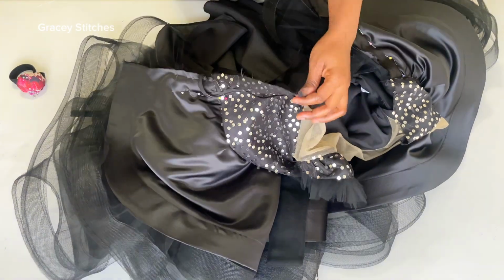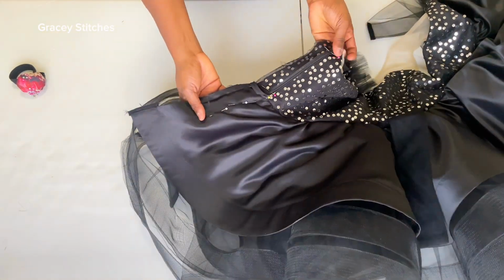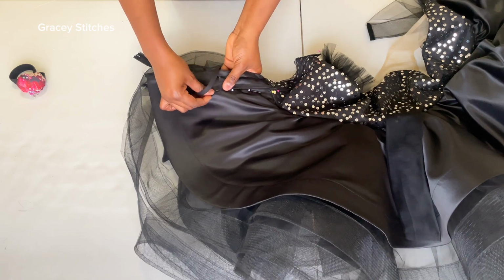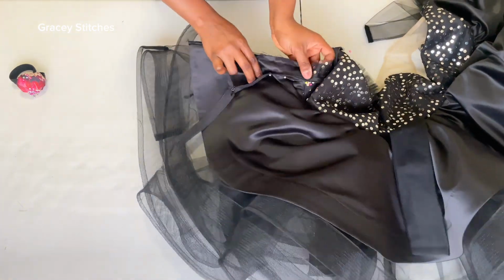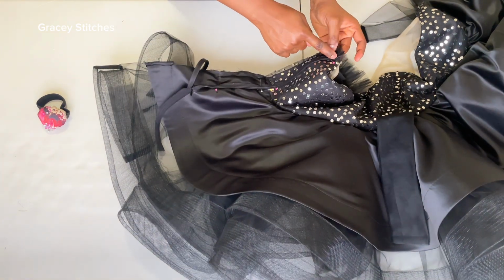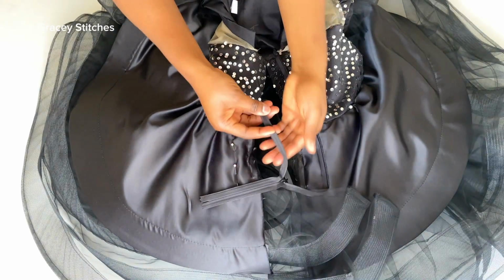So for the bodice, I'm pinning it to the main fabric, and then for this part, I'm pinning it to the 3 layers of tulle. Yeah, I'm pinning it to the 3 layers of tulle and the satin. Okay, so I'll pin it down up to the 4 inch that I marked. So this is it. Now I'll use my zipper foot to sew it down. So guys, I have sewn this side. This is the zipper for this side. Now for the other one,